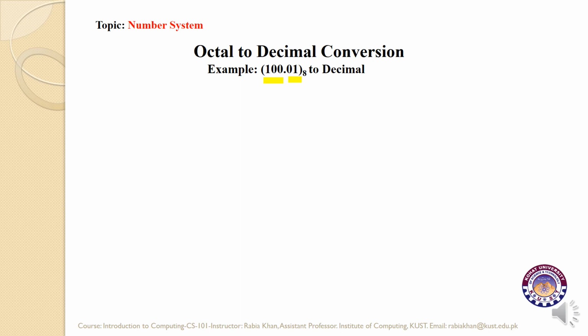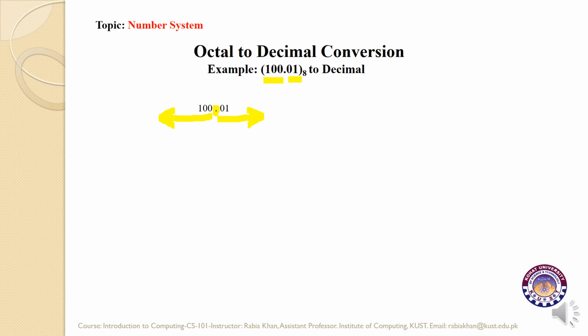So let's see how we can convert the given octal number in respective decimal number. 100.01, this is the number, and 100 is an integer part, so starting right from the decimal point, the integer part multiplication will move from right to left. While starting from the decimal point, the multiplication of the fractional part will move from left to right. So this can be a technique to remember the multiplication process for a complete number.